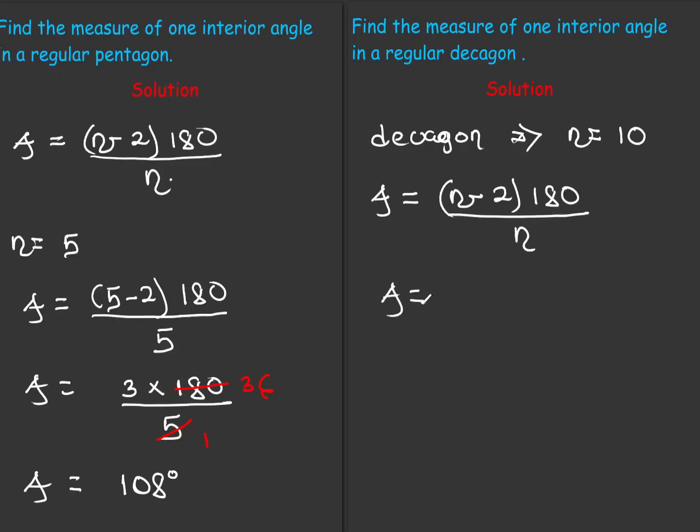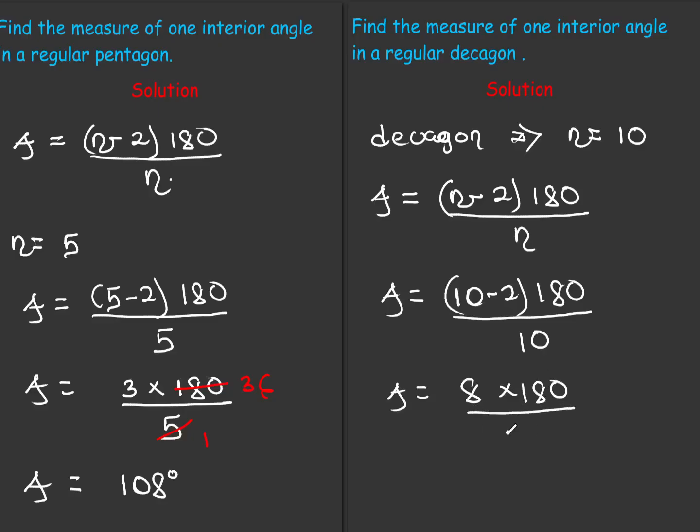Doing our appropriate substitution, we have 10 minus 2, then times our 180 all over your 10. So simplifying further, our A is going to give us 10 minus 2, which is 8. Then we have times